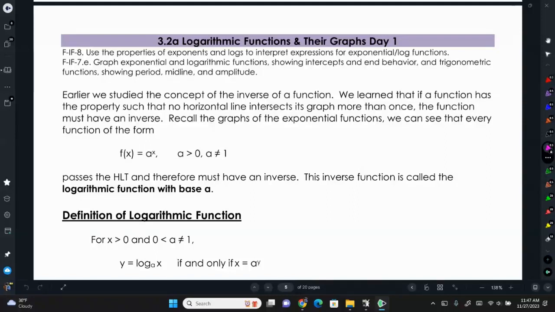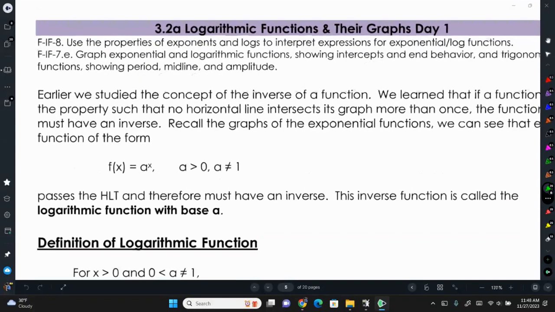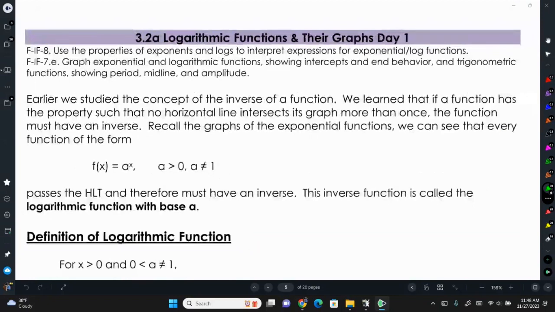Today we're going to talk about what's called logarithmic functions. And what logarithmic functions are, they are inverse functions of exponential functions. So it allows us to solve exponential equations using logs, kind of like how square roots would let us solve quadratic equations, and the square root is an inverse of a quadratic. So, like I said, inverse of an